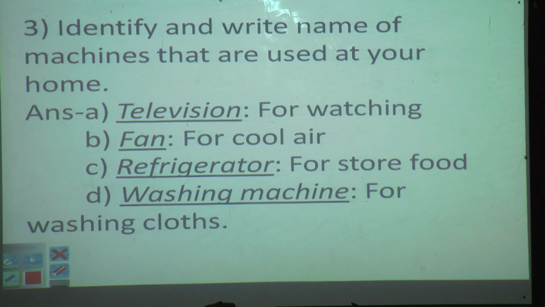At our home, first is a television for watching. Next is a fan for cool air. Next is a refrigerator for storing foods. Next is a washing machine for washing the clothes. Next,